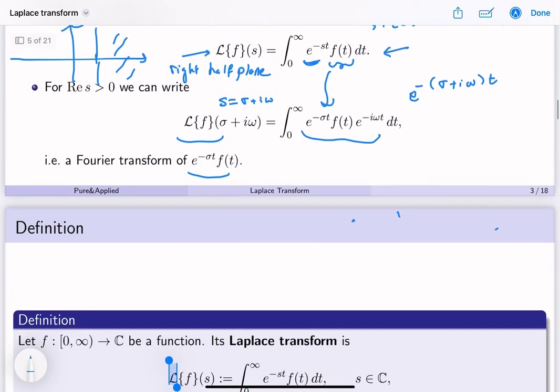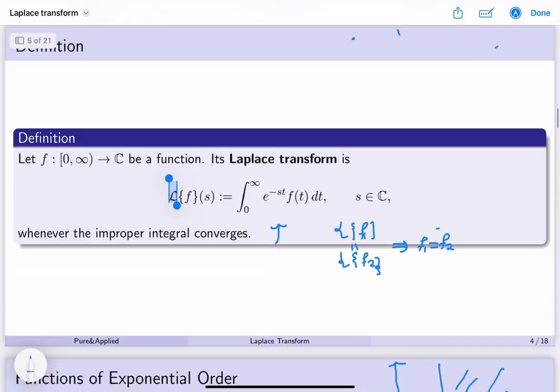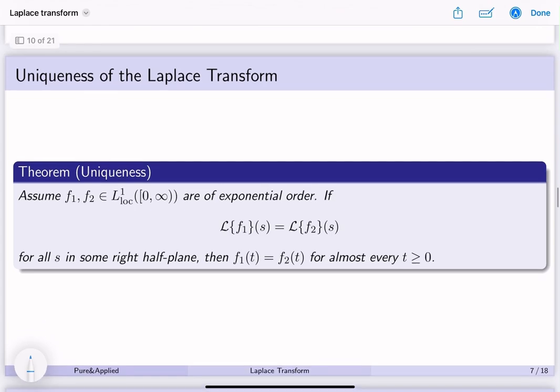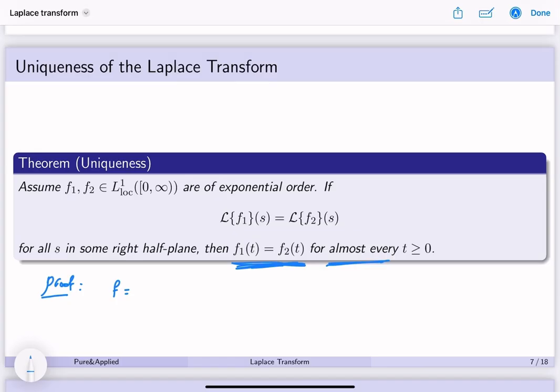And this is indeed true because of this realization that you can make. If you realize the Laplace transform as a Fourier transform, this uniqueness fact is almost immediate. But we're going to present that and prove it quickly anyway. A fact like this is going to be important for reasons to be discussed later. It says that if you have two functions of the same exponential order, and their Laplace transforms are equal, then necessarily the two functions are equal, let's say almost everywhere. Let's keep this vague, but you can think of it as almost everywhere. It's a measure-theoretic thing that's not the purpose of this video, but it could be defined precisely. So if you introduce the function f1 minus f2,